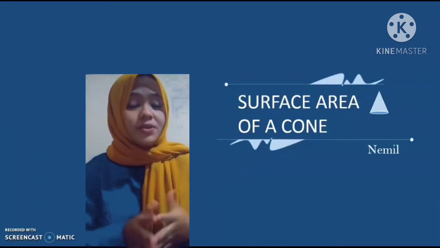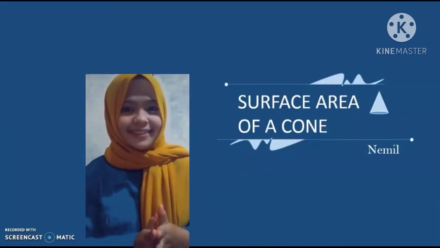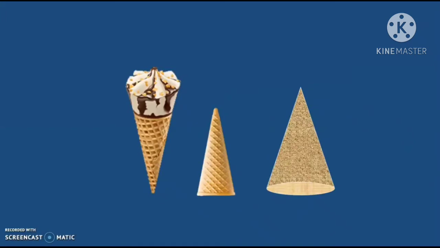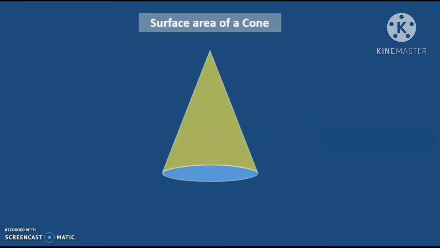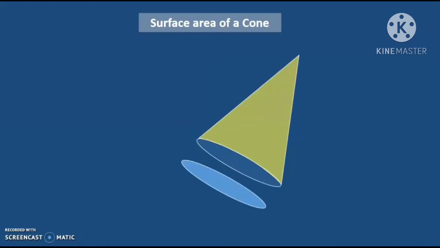Next, we discuss the surface area of a cone. Alright, so let's consider an ice cream cone, except without the actual ice cream, of course. So, this is what a cone looks like: the surface goes around, and the bottom is a circle. And yes, this circle is also part of the surface area of the cone. So the question you have probably been begging to know the answer to is, how do we find the surface area of a cone?